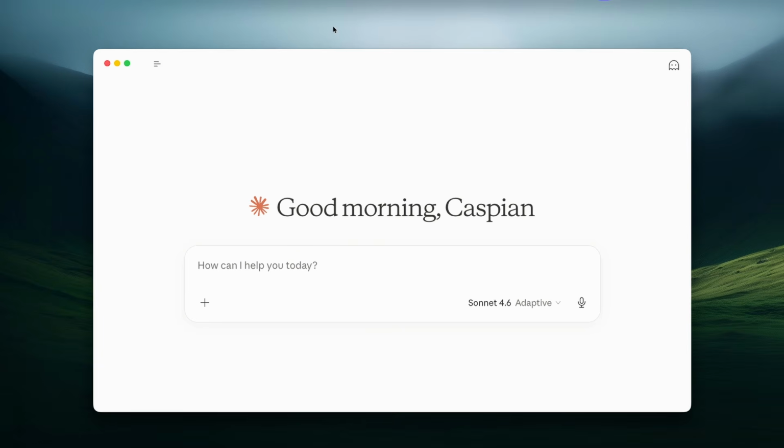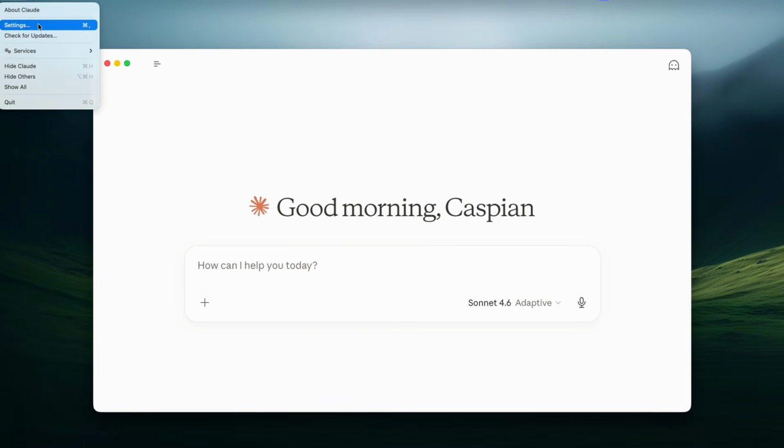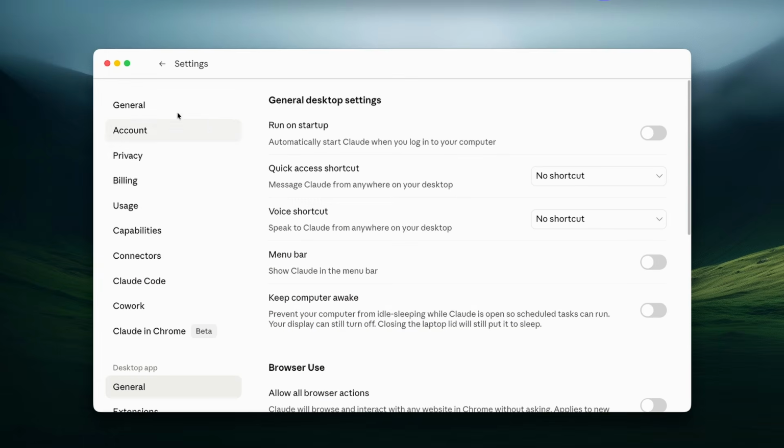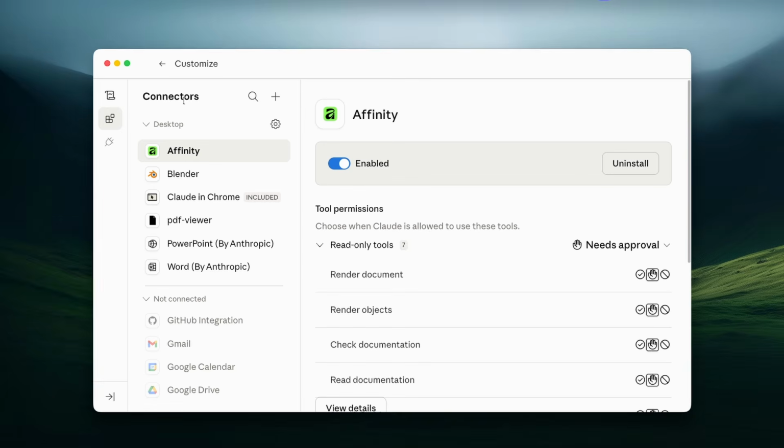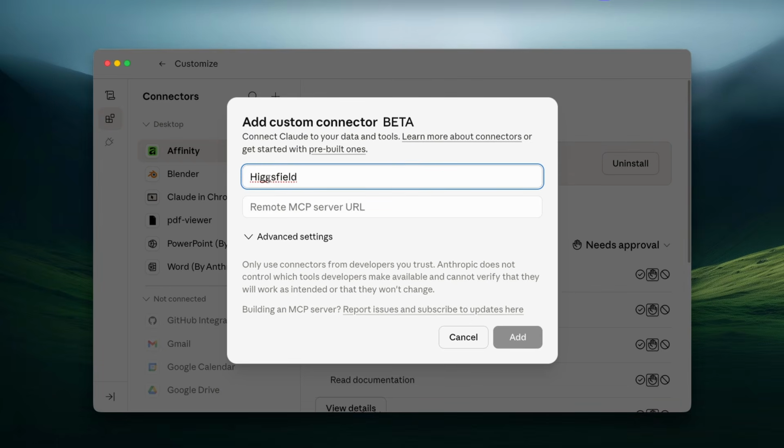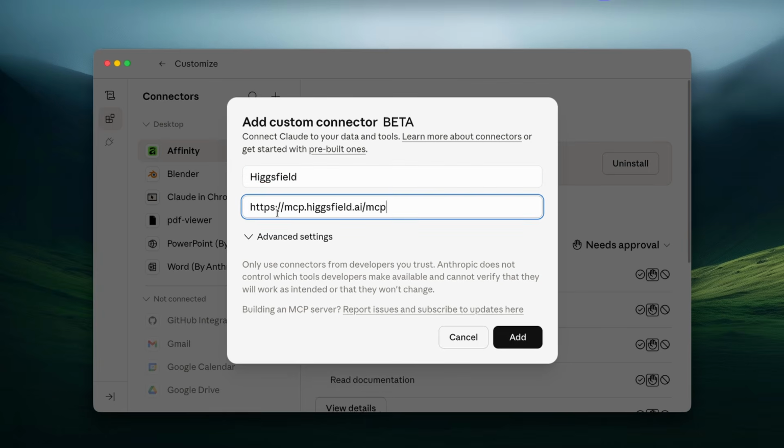Now inside the Claude app, go here on top, click on Claude and select settings if you are on macOS. Then select here connectors and you want to click here on customize on top. Then here you will see connectors. Just click on plus and here select add custom connector. Now with this done, here insert as a name Higgsfield, and then for the remote MCP server URL, you will type in this